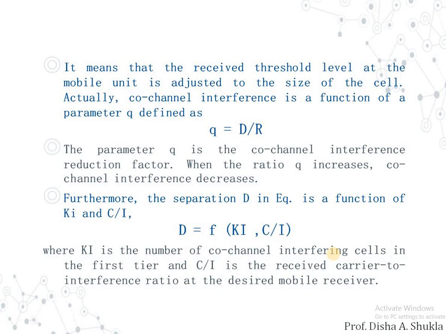What do you mean by carrier to interference ratio? Interference is the interference that is generated between the two signals, and carrier is something that we use for transmitting a particular signal. As we already know that each and every signal has certain strength, and when it travels a particular distance, the strength decreases. So what we do is we add that particular signal to a carrier frequency and then we transmit it. So C upon I is the ratio of carrier to interference, and it will be calculated for the mobile device that receives it.